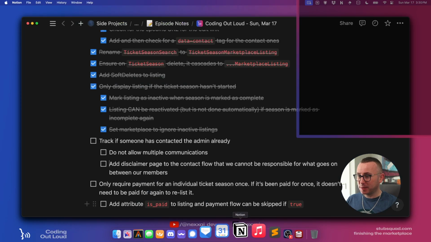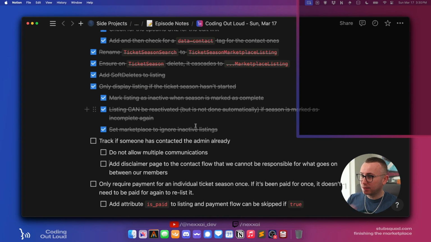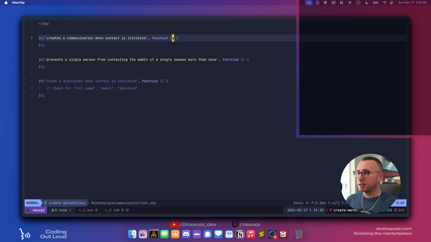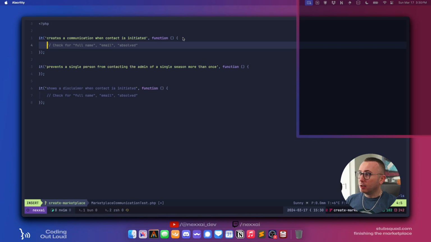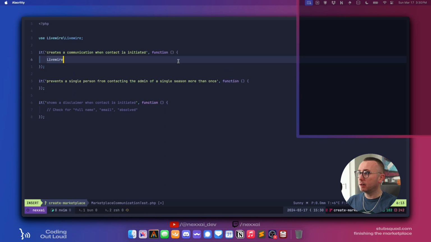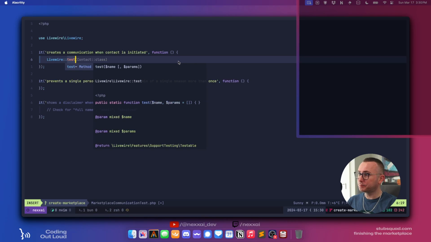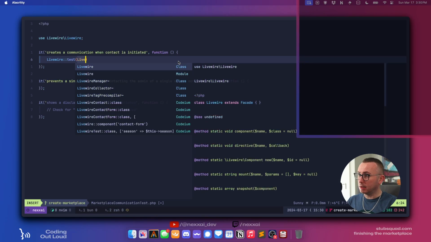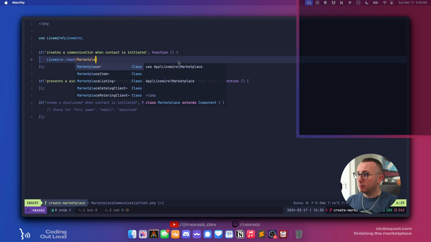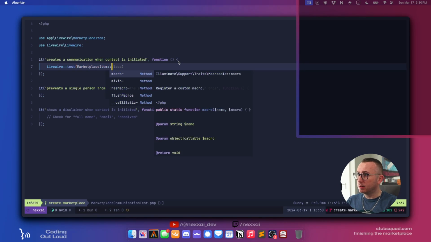Okay, let's get back to this. So, track if someone has contacted the admin already. We don't want to allow multiple communications. So, we go back to our test here. We want to say, how do we want to do this? We want to Livewire test this marketplace item.